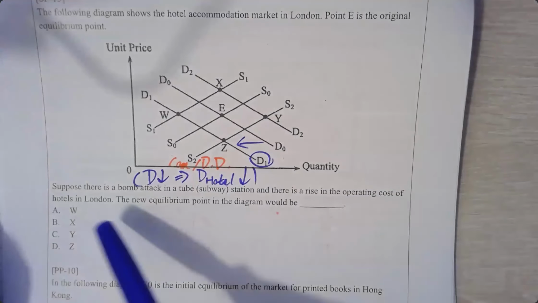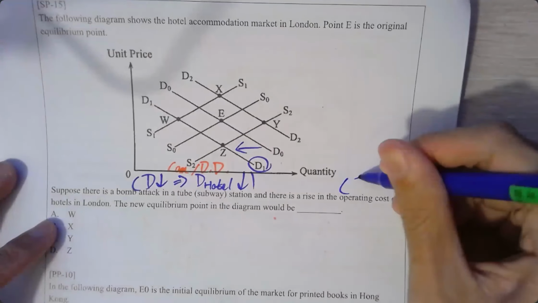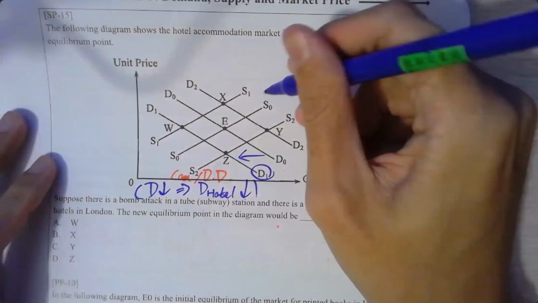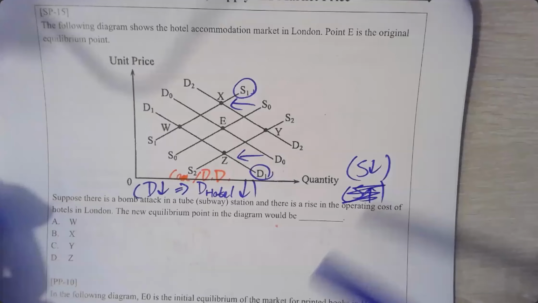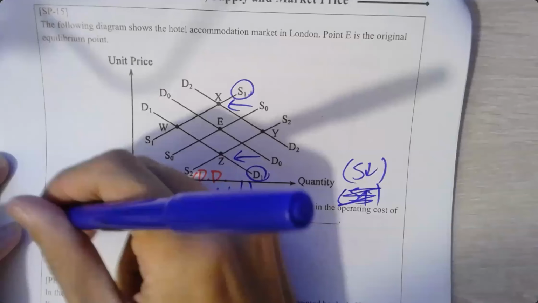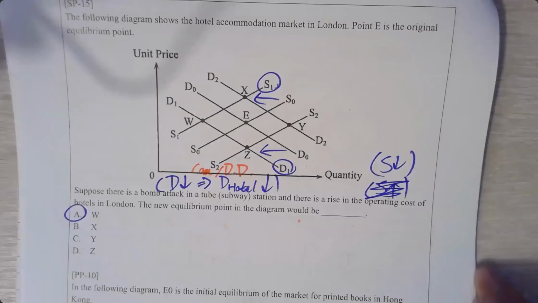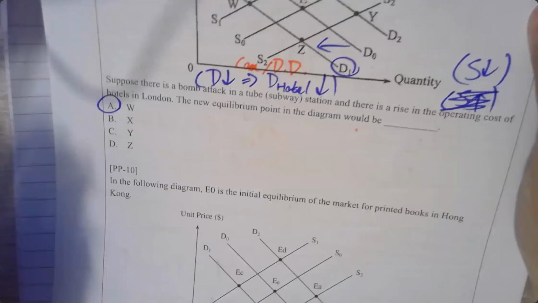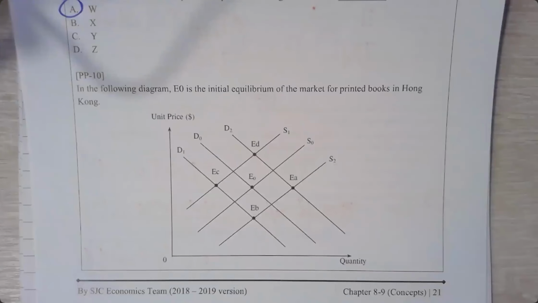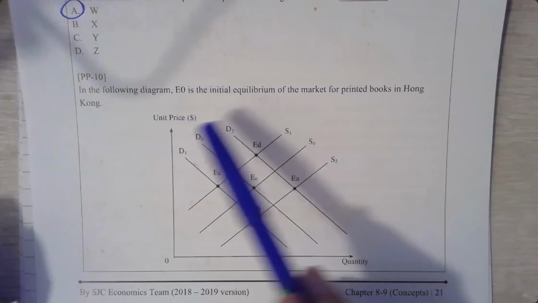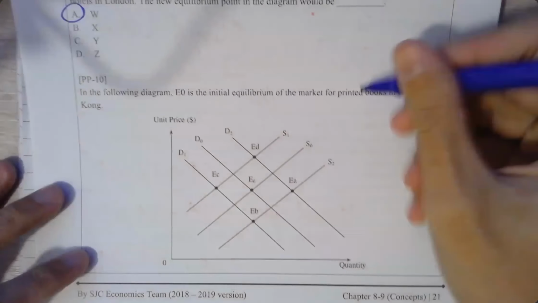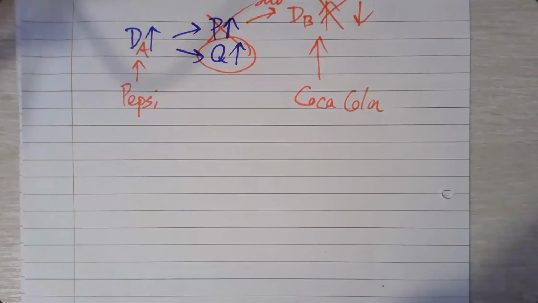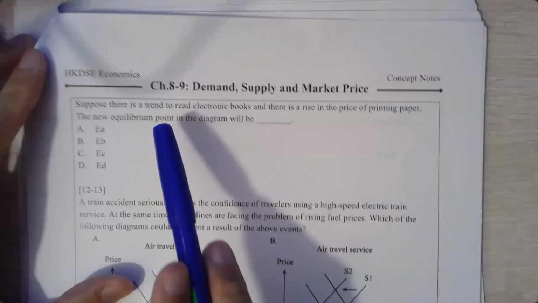And there is a rise in operating cost 一 cost 高啦，記唔記得？When cost increase, supply decrease 係咪貴咗唔做咁多嘛？So here S1 彈過去啦。So let's see D1 S1 yes W point A 好嘛？阿 Sir 咁 straightforward 係啊，我有話呢課唔 straightforward 咩？不嬲都話呢課係咁啦。OK 好嘛？Now what about next one？Practice paper OK。Initial market for printed books 小心啲啊，係 printed books on E0 OK，E0 睇咩事先？Trend to